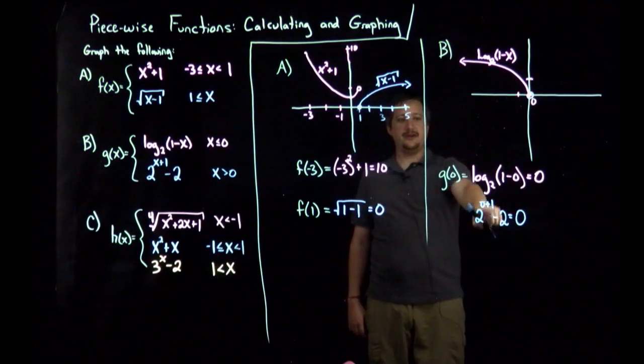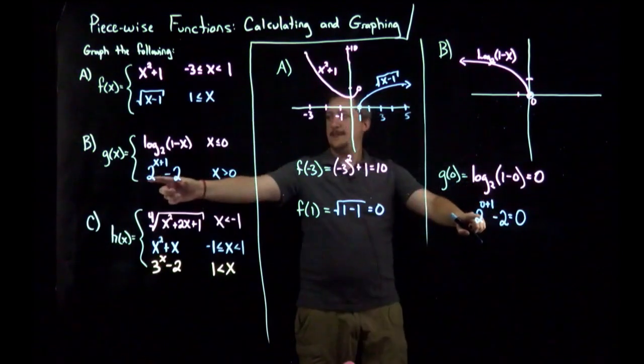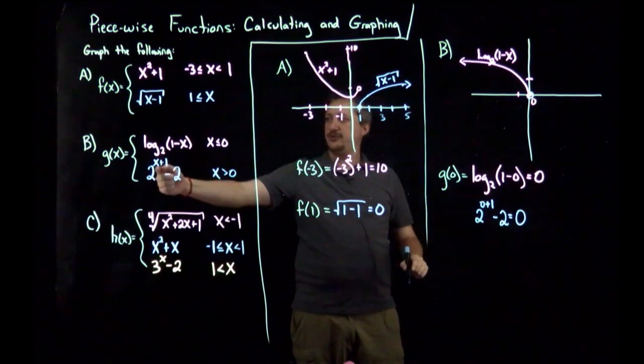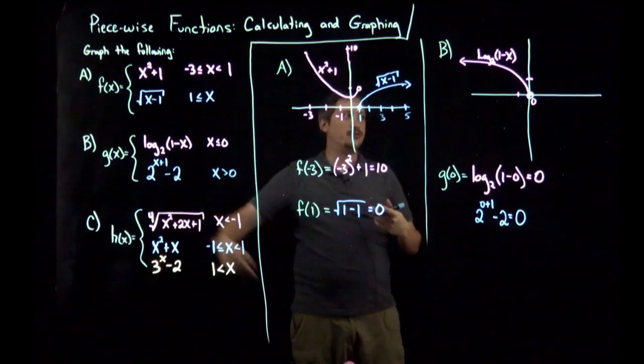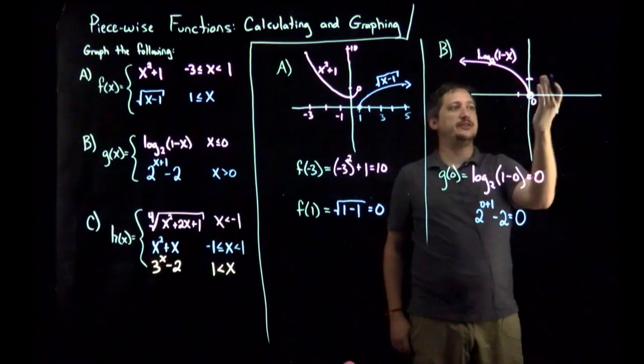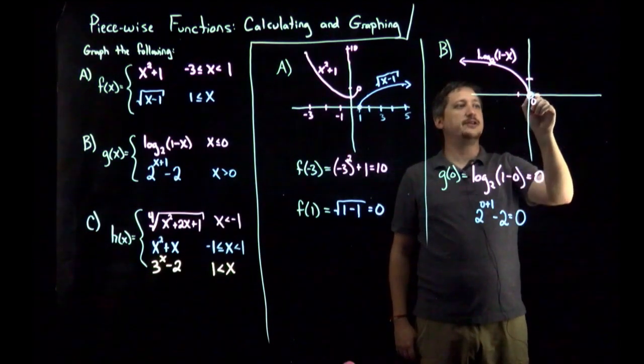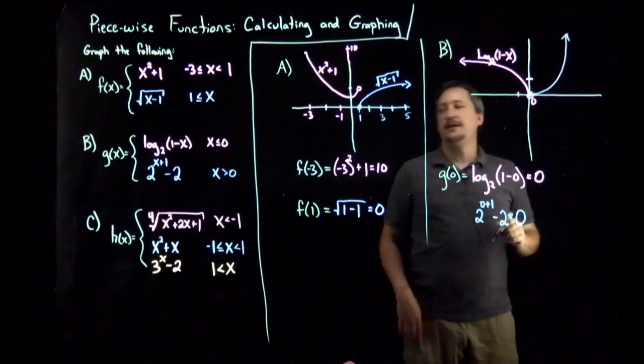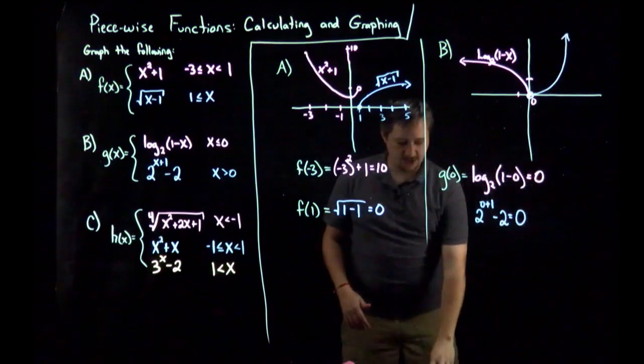Blue circle, right, an open circle for the bottom piece. And then to the right, this is 2 to the x, an exponential, shifted left 1, but then down 2, meaning it's not flipped in either direction, so it's going to look like an exponential from here. So it's going to go over and up. And again, if I wanted to check, I could do something like